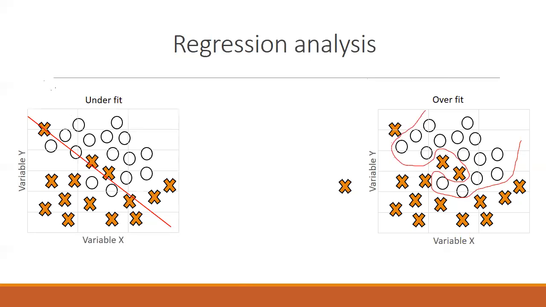2 of the biggest hurdles when statistically analyzing large data sets are models that either underfit or overfit the data. Let's use this data set as an example. Underfitting is when the statistical model is unable to distinguish the statistically relevant data points and treats each data point as the same. On the left is a line of best fit. However, you can visibly see the data points are drastically different. Next, we have overfitting,